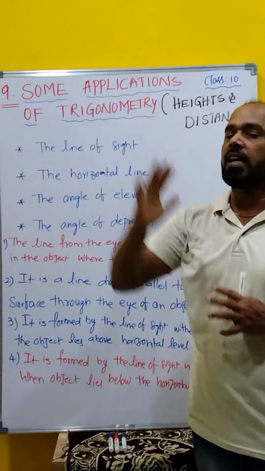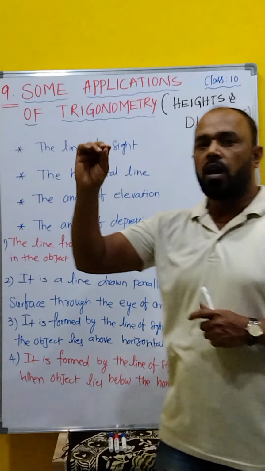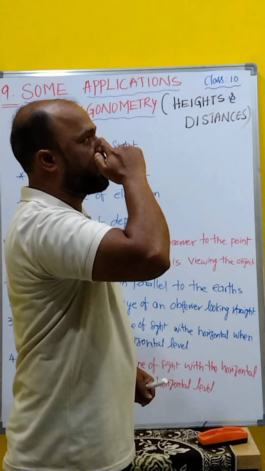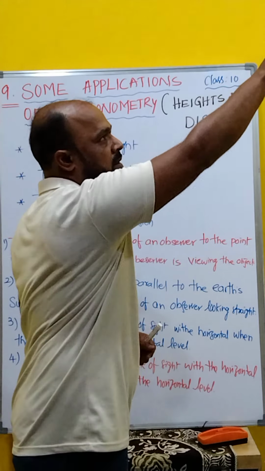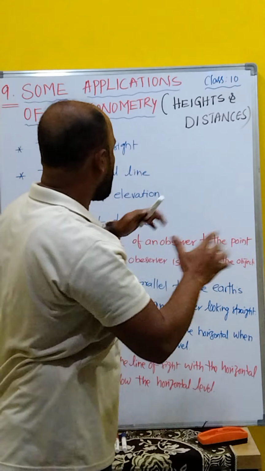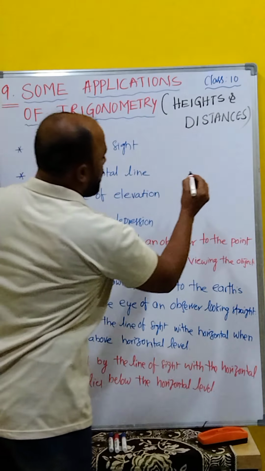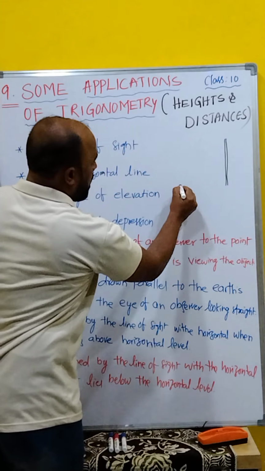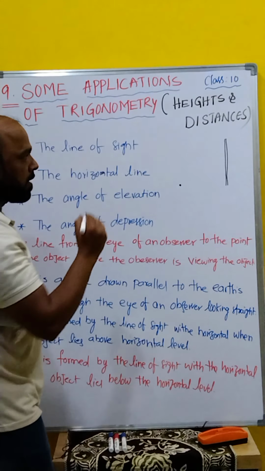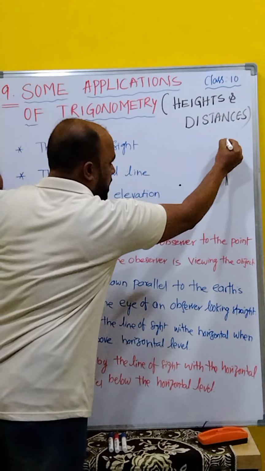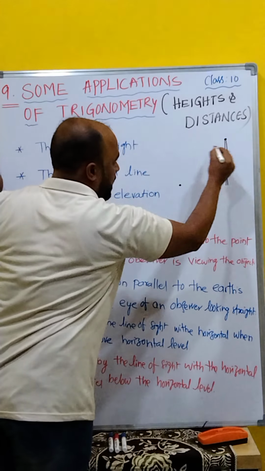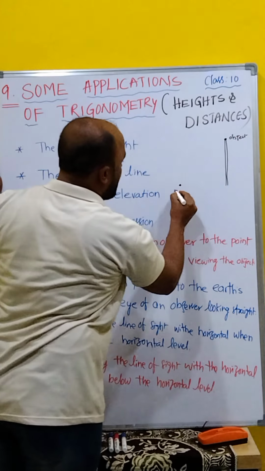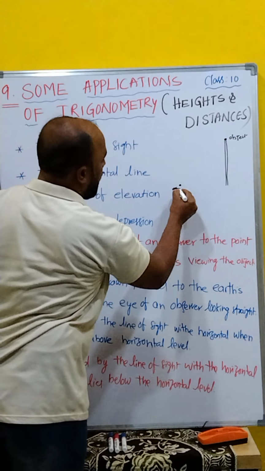Example: suppose my eyes are here. I am observing in a straight line one thing like a pole or building, whatever it is, exactly at my eyesight. My eye level is this. I am seeing the opposite wall exactly. I will draw here. Suppose this is a building. Your observer is here, observing this object, the top of the building. Suppose that is the object you can select, and this is the observer's eye. Clear, children?